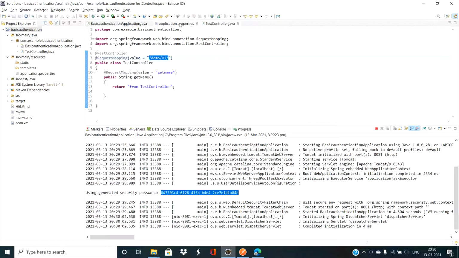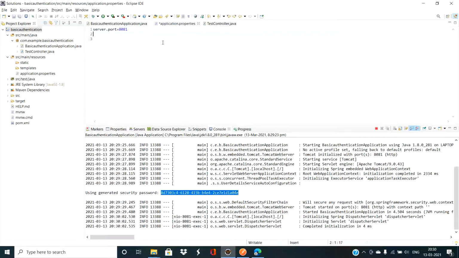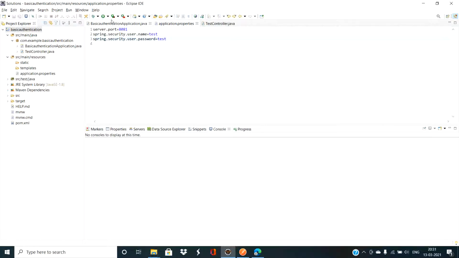This is one. Secondly, if you want to change or put a different ID and password, we have the parameter called spring.security.user.name, and I'll put it as test. Similarly, spring.security.user.password. Let's test. Let's save it. It should override the existing default that Spring Boot provides. I'm restarting it.